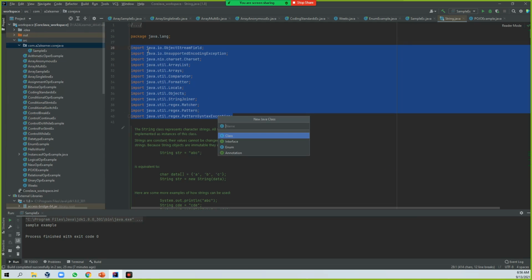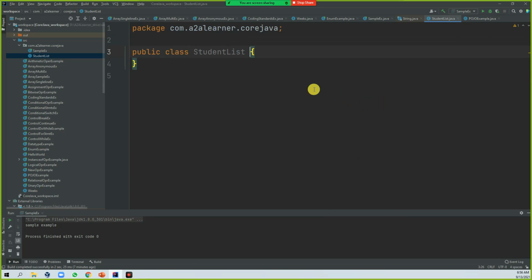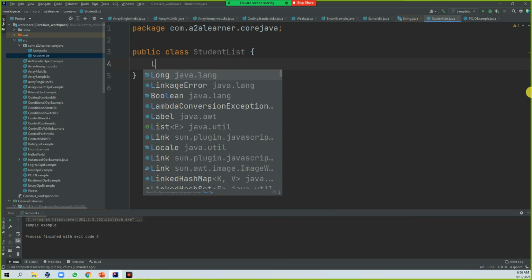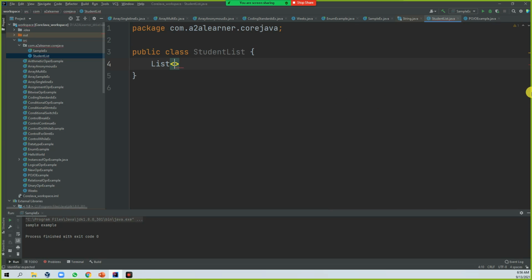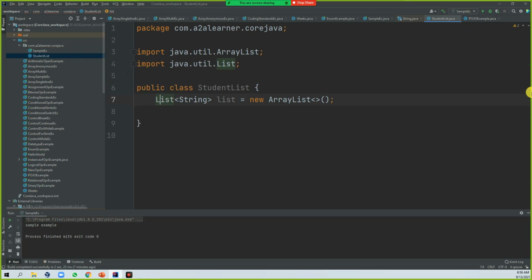So here, student list, I'm just giving student list as one of the classes. So here, let's take list is the string, new array list of, list dot add of.